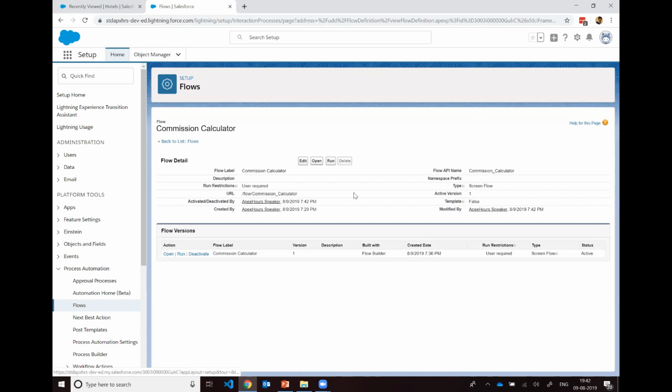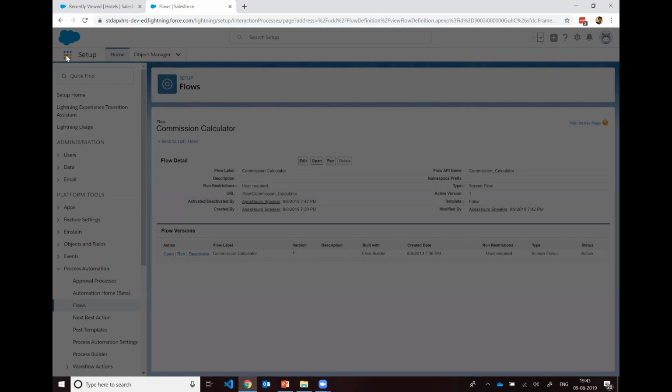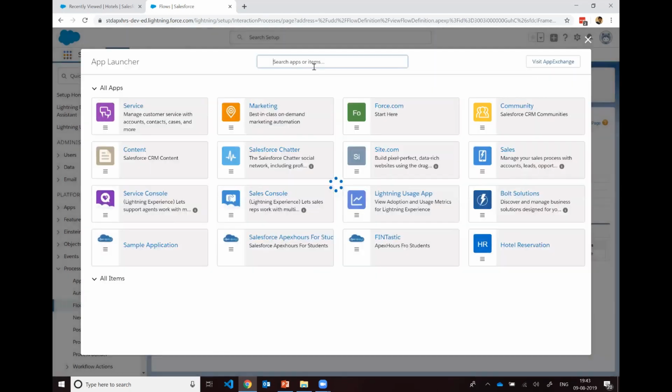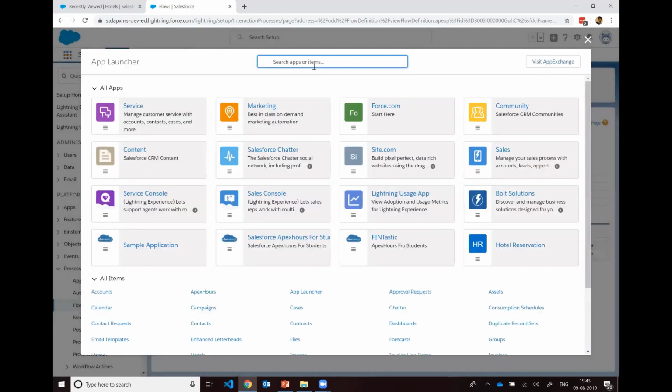Okay. Now, how do you actually use this particular flow, or where can you actually use this flow? Because this is a screen-based flow, right? So you can use it at multiple places. You can use it on the actual home tab, which is the landing page of Salesforce when you log in to Salesforce. So when I say home, I'm referring